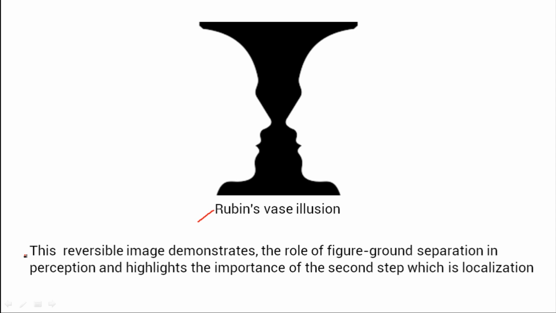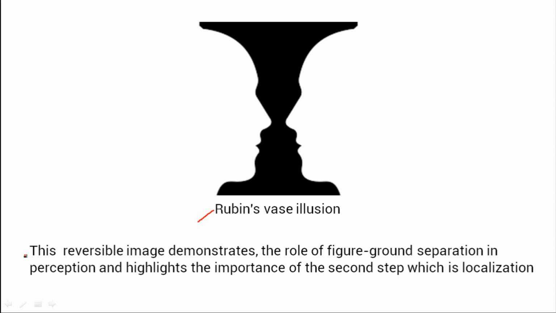In this case, we can see the vase as the figure or the face as the figure depending on how we mentally separate and perceive the object from its surrounding context. So figure-ground relationship plays an important role in how we perceive and interpret visual information. It allows us to distinguish objects of interest from their background and make sense of the world around us. Our brain uses signs such as color and shape to determine what the figure is and what is the background. The way we perceive the image is influenced by these signs and our previous experiences.